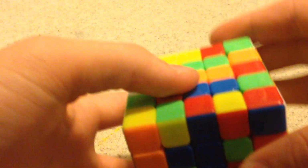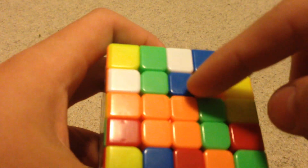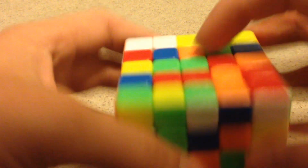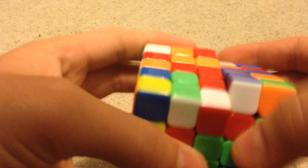Now, same thing for the last four. Now, if you get your first bar and you have a center in the corner right here that's like touching it diagonally, you'll want to look on an adjacent face for a plus center, and there happens to be one right here. You can pair them up like that, do a U move, and bring it back. So you can do something like that to get the last three, and then you'll want to get the fourth center,